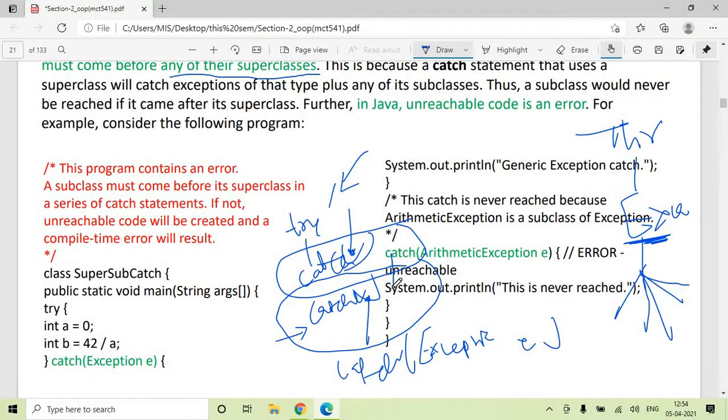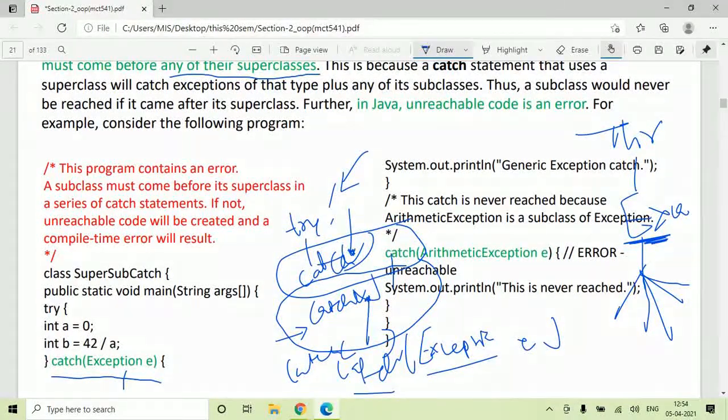If some third kind of exception is there in this try block, there are two ways: you can write the appropriate catch block for that, or you can write catch exception E. So Exception is a class which can handle all kinds of exceptions.